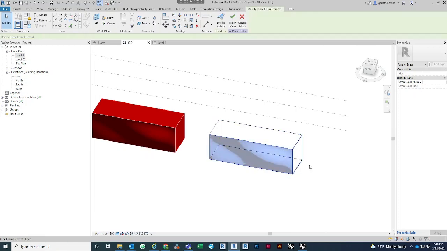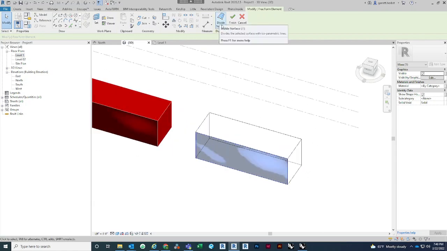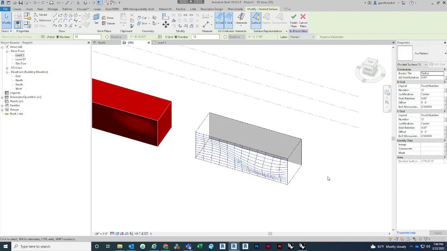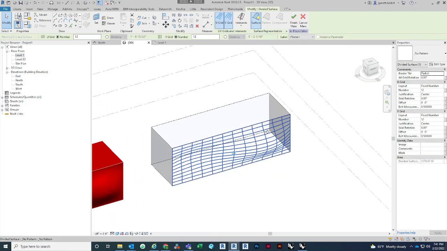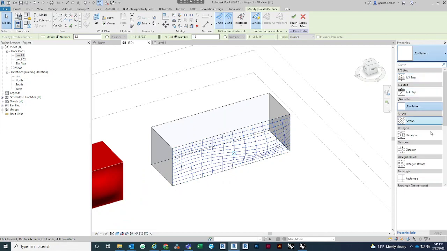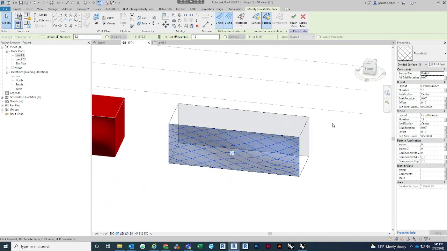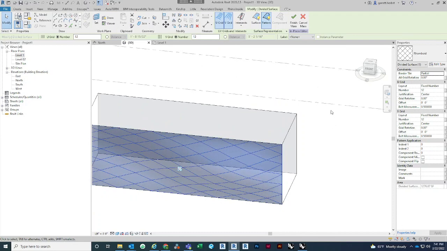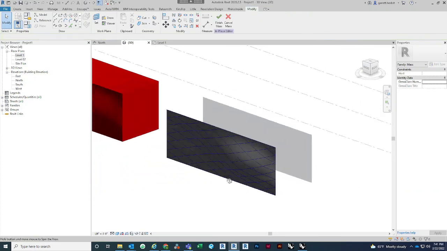If we tab in and select the double curved surface, it'll give us the option up here to divide that surface. So same thing that we've been doing the last couple weeks. You'll be able to then choose a pattern, and if you have a current panel pattern based family, you can apply it there. You can also,